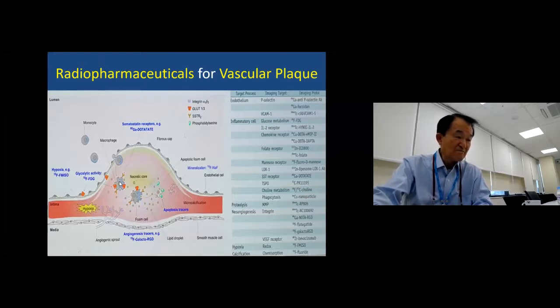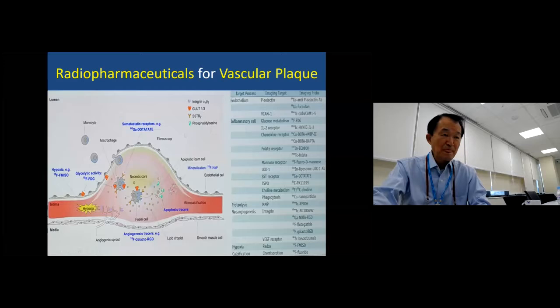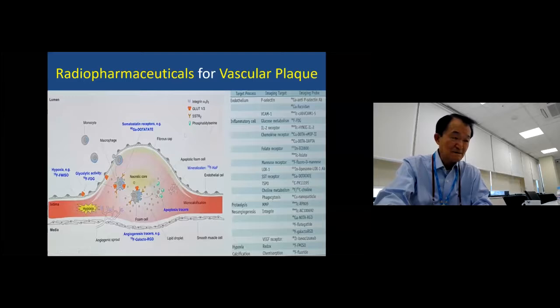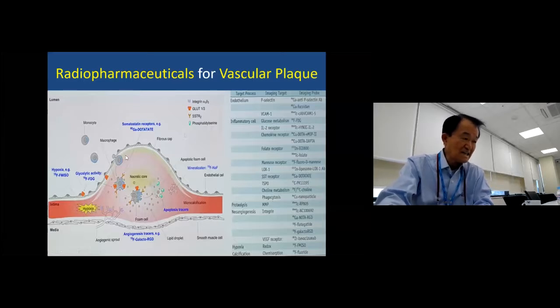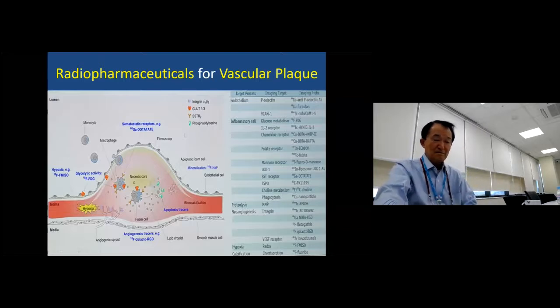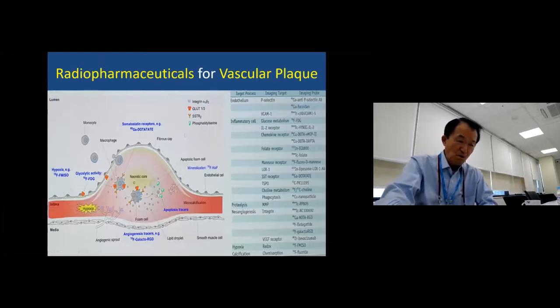And a lot of inflammatory cells can be targeted by FDG, a non-specific agent, certain technetium labeled cytokine, chemokine, and folate receptor, and mannose receptor, and a certain liposome, and even somatostatin receptor. Because in the clot, there are so many cells together, and certain inflammatory peptide here, and choline is a